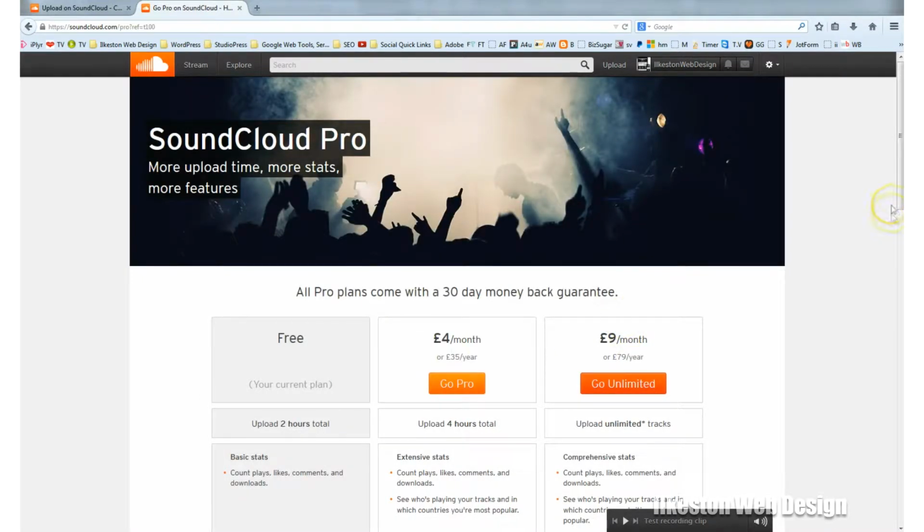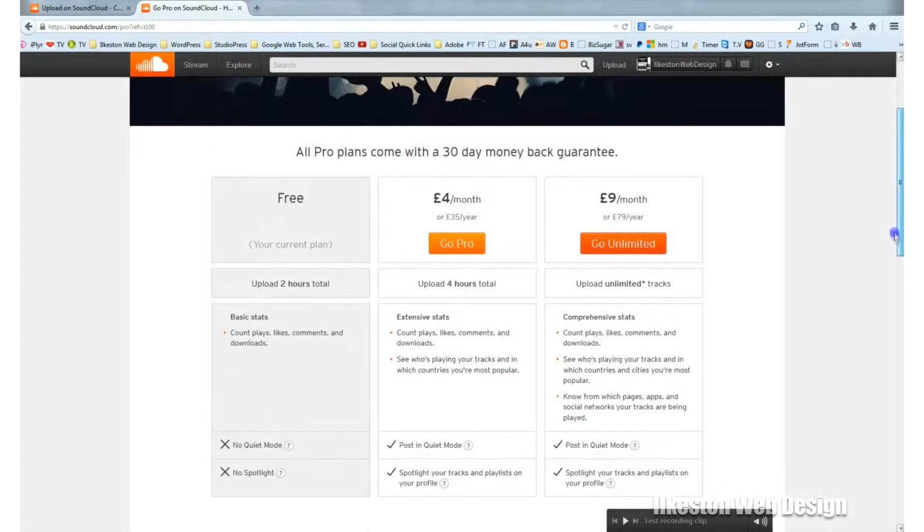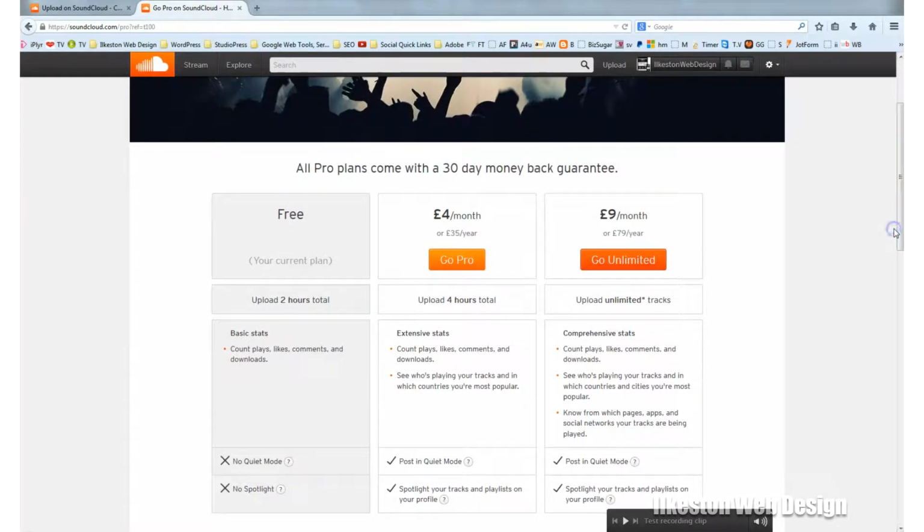So the free account, which is the one I've got, you get basic stats, likes, comments and downloads. Upload 2 hours total. That's pretty good. And then if you go Pro, you pay £4 a month or £35 a year. You can upload 4 hours total, and of course you get extra features. See who's playing your tracks, see what countries you're the most popular in, and then there's a third pricing tier,